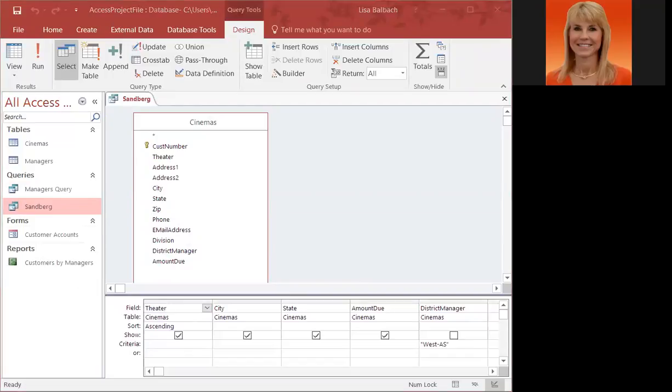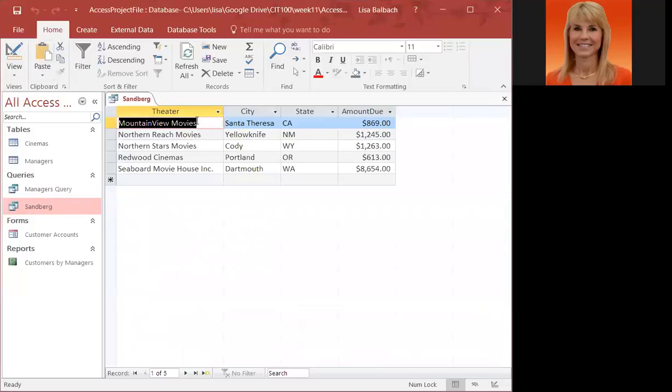And for that second query, again, you do need to add the fields in the correct order. And this time they are all from the cinemas table. You will be sorting everything by theater. And we did add a criteria for this so that we're only going to see records that have a district manager of West-AS. Okay, so you can see that it did sort by theater, and we are only seeing those records that have